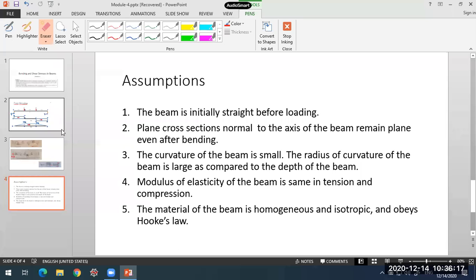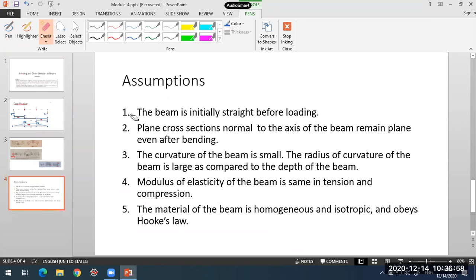And one more is obeys Hooke's law. Obeys Hooke's law means stress and strain are directly proportional. Within the elastic limit, stresses and strains are directly proportional, and whatever bending we are taking, it will be within the elastic limit. We are not exceeding the elastic limit. So these are five basic assumptions. If you take up the books, you may come across some more assumptions, but these are the major five assumptions which every book will consider, or which are required in this particular module when we take up the derivation or